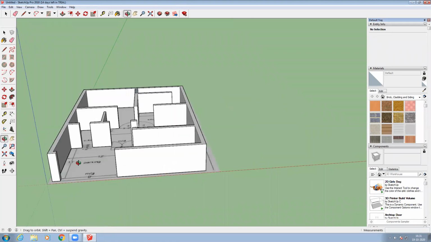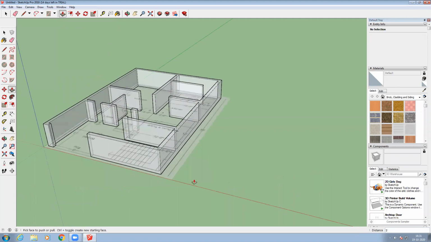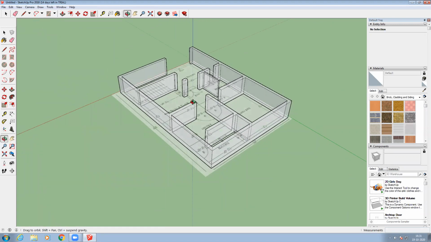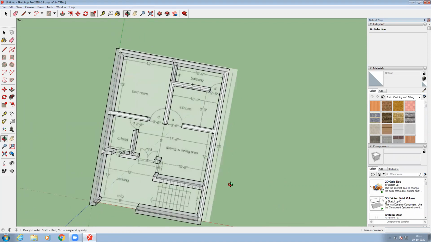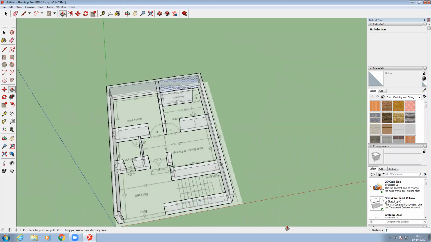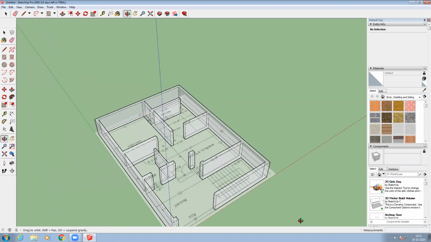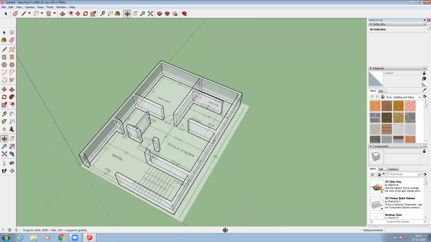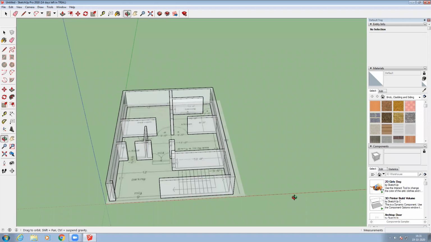Okay, now what I want to do is change the view, right, to X-ray view. So face style X-ray, you can see wherever the window they have to provide, it is showing over here, but in this there are no windows they had provided. Okay, wherever we want, we can provide a window, right? If the in-plan window is available, then it will be shown over here, right? Like this you have to get the X-ray view, and then you have to draw the windows and doors.